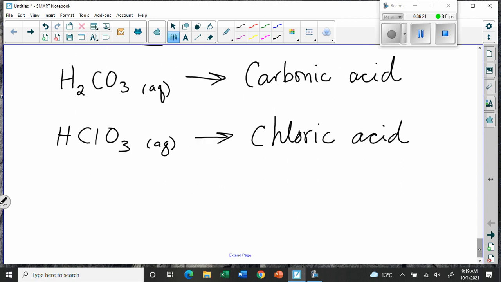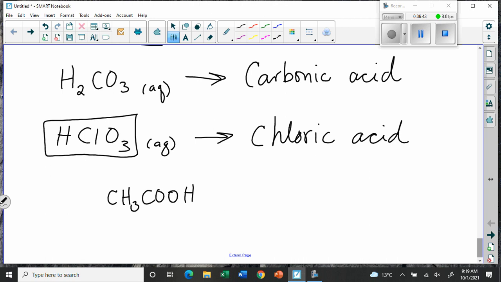Okay, now of course there are other common acids that we will hear about, but they have much more complicated chemical formulas. So they're not nice little simple easy formulas like this. Acetic acid, CH3COOH, right? That's something that comes from the acetate. Remember acetate, the polyatomic acetate ion? It comes from there. That's acetic acid.